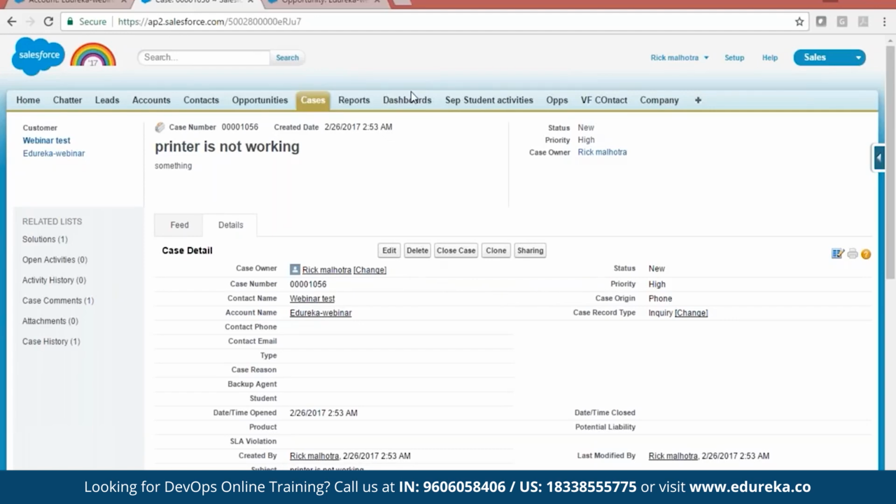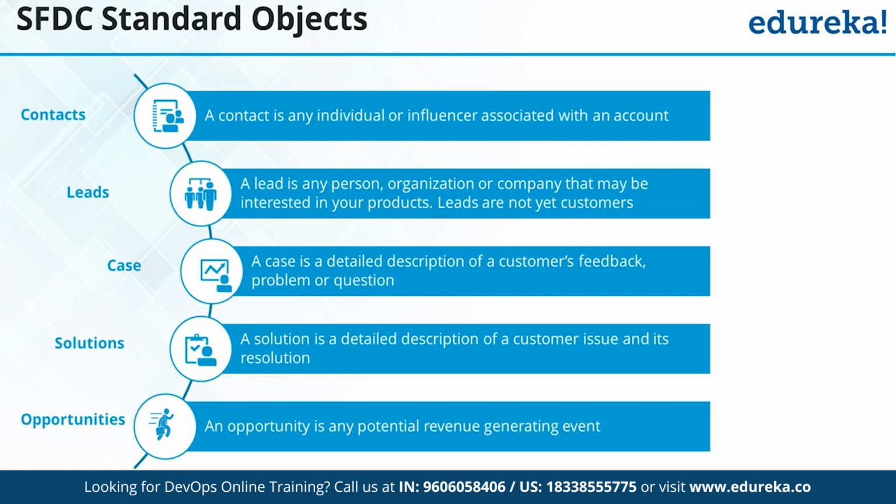So the next topic I want to show is why Salesforce is so good, because we do have social connectivity, and we can also create reports very easily as compared to other CRMs. So 2 things which are very important for today: I'm going to show you social connectivity and reports, and we're also going to discuss a case study today.